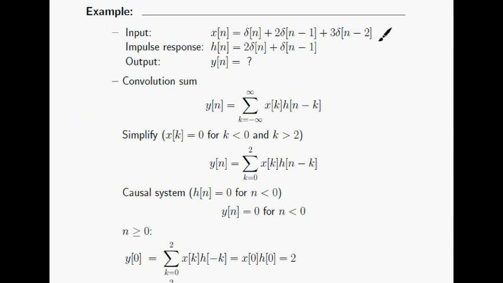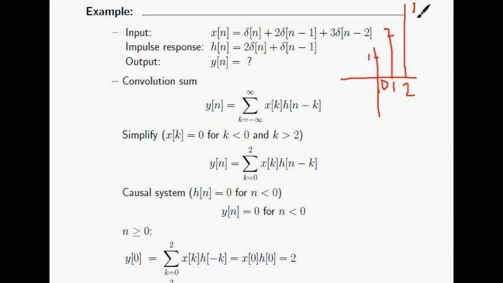I have input x[n] equals delta[n] plus 2 delta[n minus 1] plus 3 delta[n minus 2], and h[n] is 2 delta[n] plus delta[n minus 1]. So if I want to plot the graph of x[n], then it will be 1 at 0, and 2 at 1,